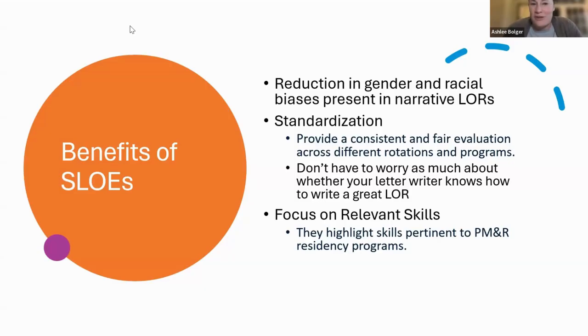And then we really tried to focus on relevant skills that are helpful to PM&R. Our standardized letter is not going to look the same as emergency medicine. It's not going to look exactly the same as neurosurgery because, let's be honest, we're not the same specialties, and I don't necessarily need the characteristics that a neurosurgery residency program needs. I may not actually want those characteristics. So we really tried to tailor it to the specialty of PM&R. And all of those discussions you may have heard on Road to Residencies about what we're looking for in an applicant are based in that mentality.